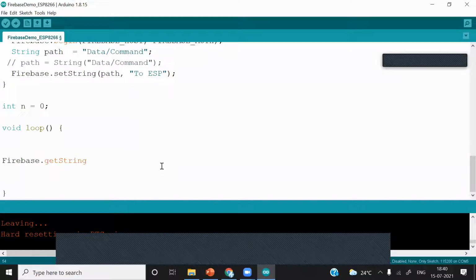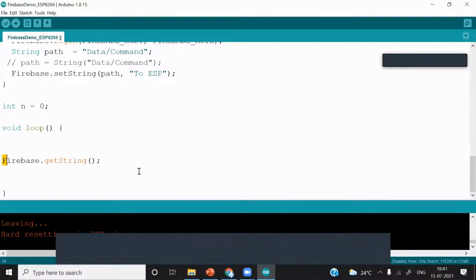The same with float, you just have to write float. So you can retrieve the float data type from the real-time database. Now I want to retrieve some string data type, so I will put string, and this function only takes one argument, which is the path. From that path it will return the data, or the value, of that path.